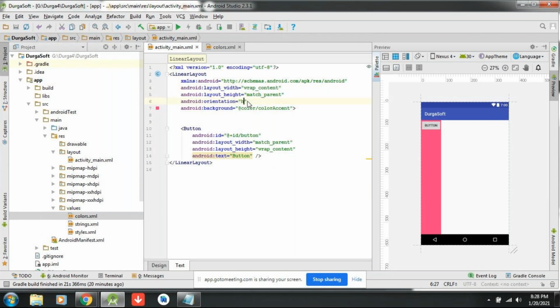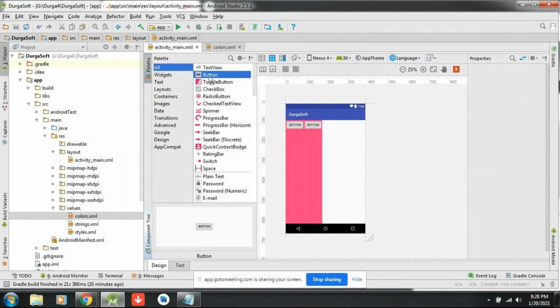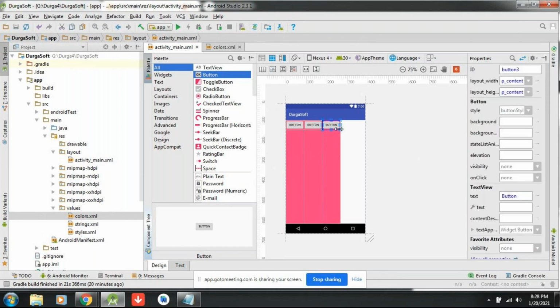Now what I am doing? This orientation I am making horizontal. Okay. Now what I will do? Let me add one more button. This is linear layout with orientation horizontal, so automatically it will add horizontally like this. If I keep on adding a number of buttons horizontally, automatically this width is increasing.